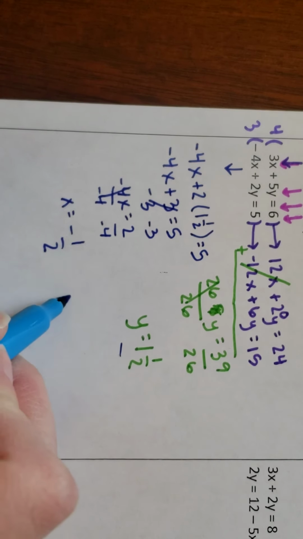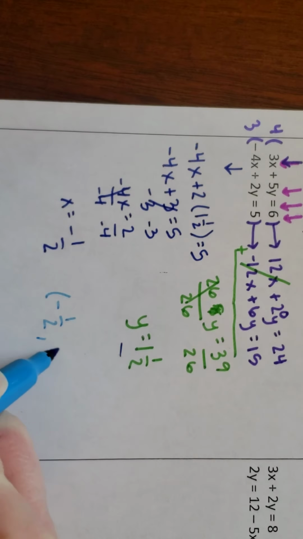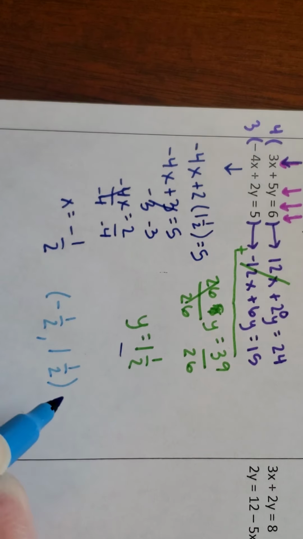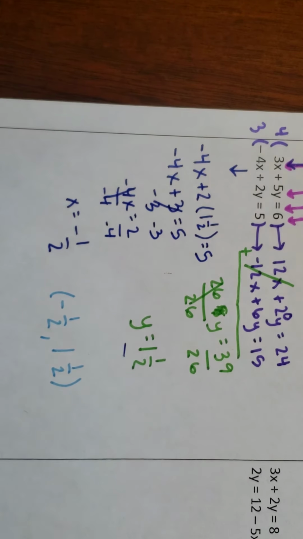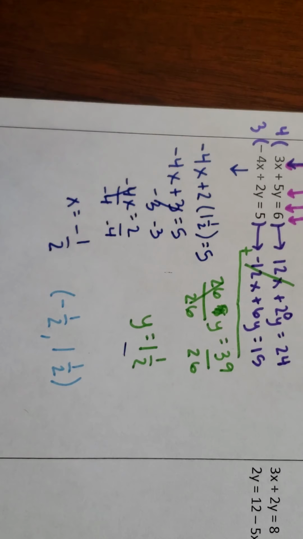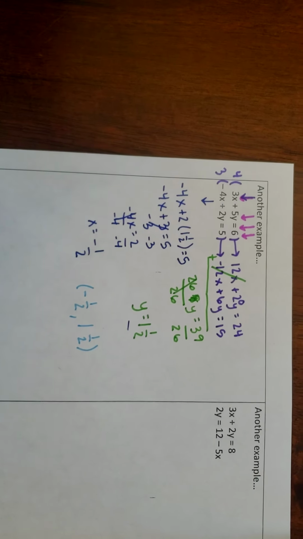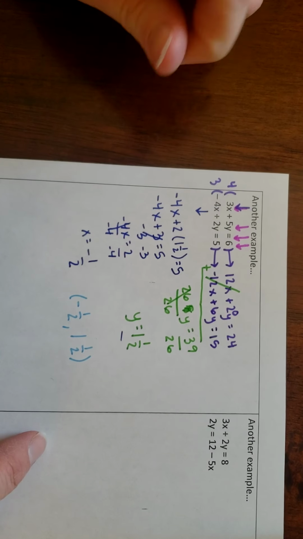Bring your coordinate together. Make sure the x comes first. The y comes second. So this would be the intersection point of these two lines. And just to make the point, you could write both of these in slope-intercept form and then graph them, and